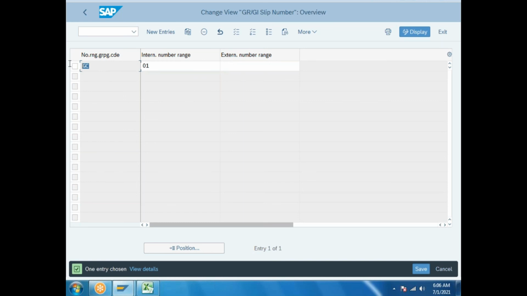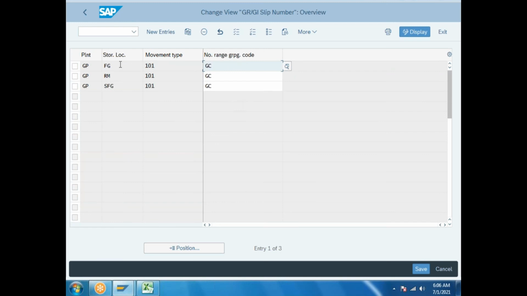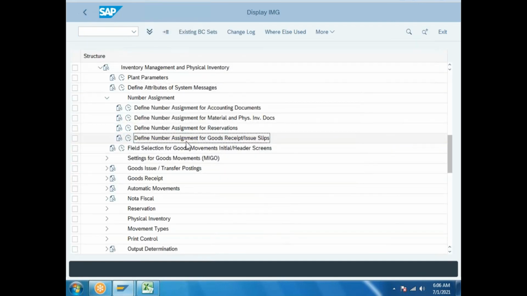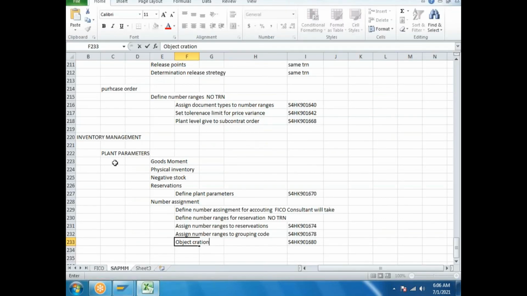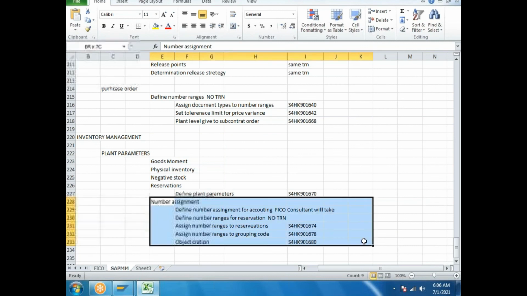The grouping code is GC, number range 01. Whatever grouping code we need, we give this. Okay. So this is the second step of inventory management. First, plant parameters. Second one, number ranges. Clear?